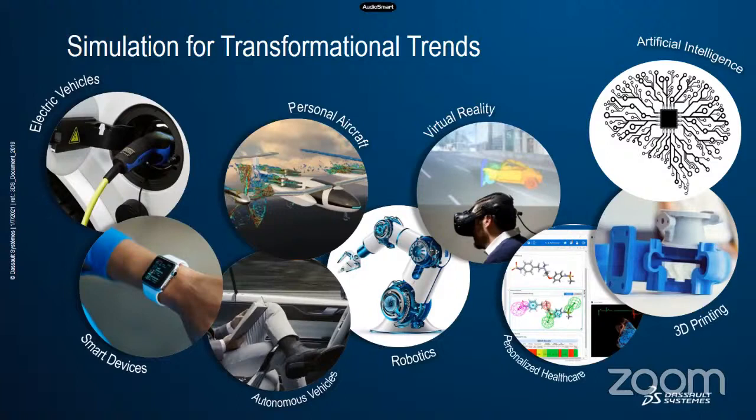Another is personalized healthcare. For example, we used to develop living heart models, like how a healthy heart works. That can be used as a baseline: this is a healthy model, and when something happens, how the heart behaves. So these are all simulation trends towards personalized healthcare. The idea is that even a doctor without engineering knowledge could handle it. So that's the democratization. And virtual reality. Now we need to virtually visualize everything.